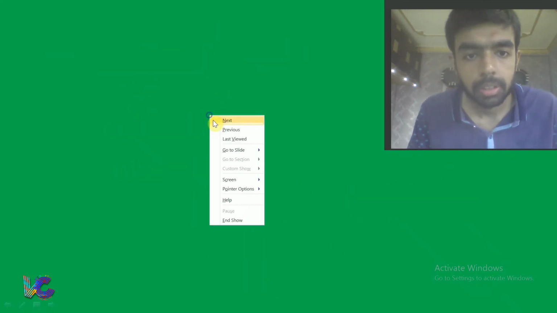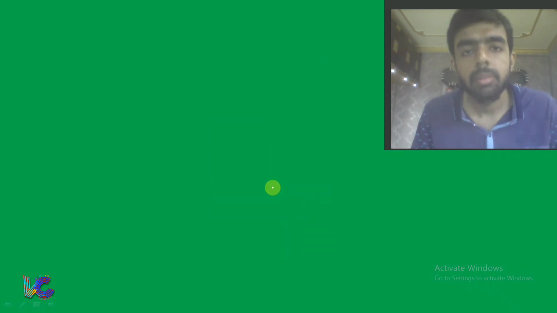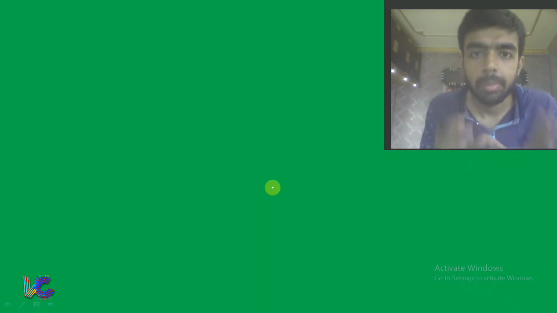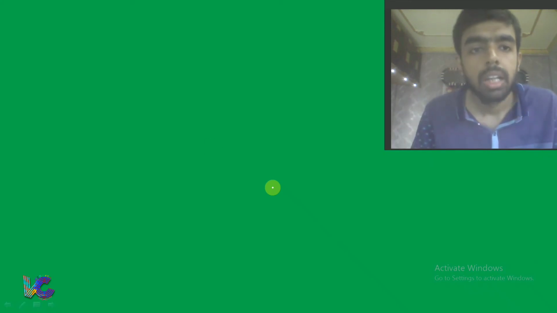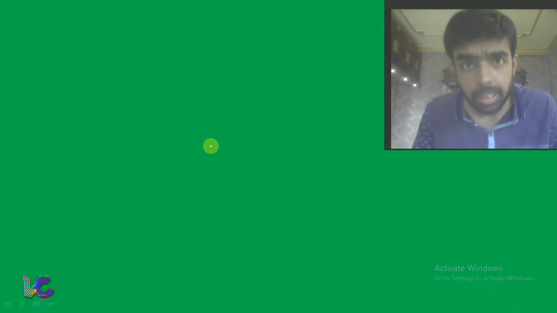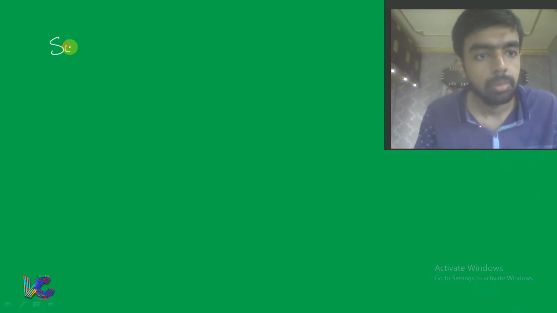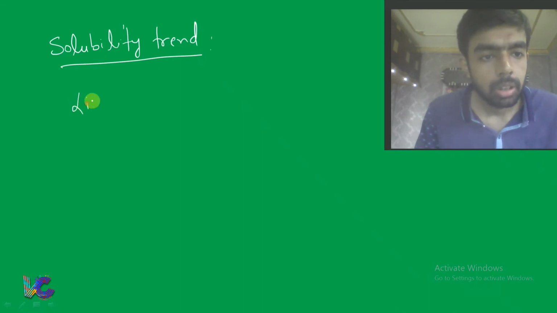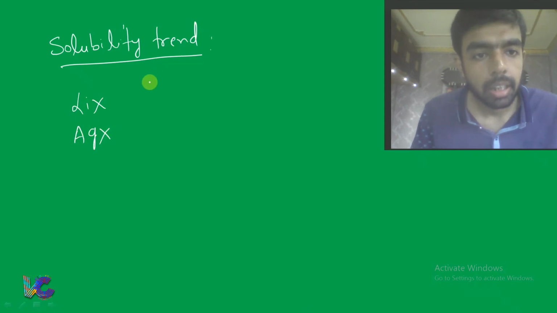So you are observing that this HSAB principle is useful in giving an idea, in explaining the stability of coordination complexes, why these complexes are stable, why these complexes are not stable. Now you can also use this HSAB principle to explain the solubility trend. Okay, now if you see the example of LiX and AgX,